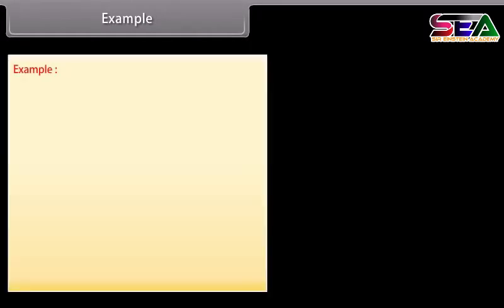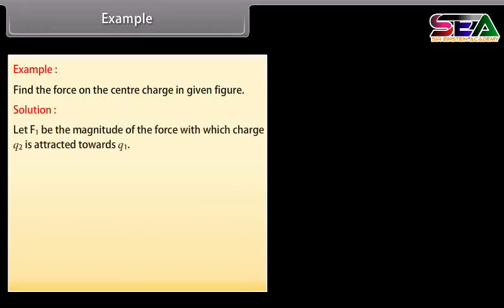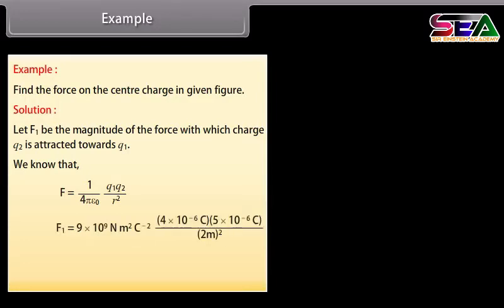Example. Let's take an example on Coulomb's law. Find the force on the center charge in the given figure. Let's see the solution. Let F1 be the magnitude of the force with which charge Q2 is attracted towards Q1. We know that F1 is equal to 1 upon 4 pi epsilon naught multiplied by Q1 Q2 upon r square. Put the values in this equation, we get F1 is equal to 45 into 10 raised to the power minus 3 Newton, which is equal to